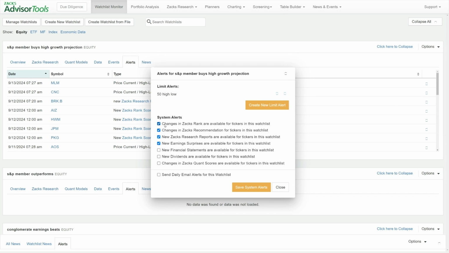So we have two kinds of alerts here, both system alerts, which are about being alerted to potential landmines or buying opportunities using Zacks predictive models in your watch lists, with examples such as the alert for a change in the Zacks rank or change in the Zacks recommendation, which is the 6 to 12 month outlook as opposed to the 3 to 6 month outlook, as well as new Zacks research reports if you want to see the more detailed analyst report to add some more information to your analysis, or the brief snapshot report that could still add